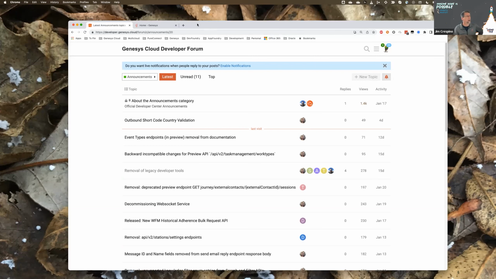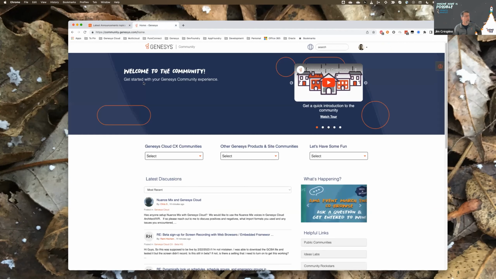Now there are other types of questions that are kind of developer related. Maybe you're working with the APIs, but you're not really coding up an application, or you're wanting to do something. The Genesys Community is probably the better place to ask that question. So community.genesys.com is a more general purpose set of forums.